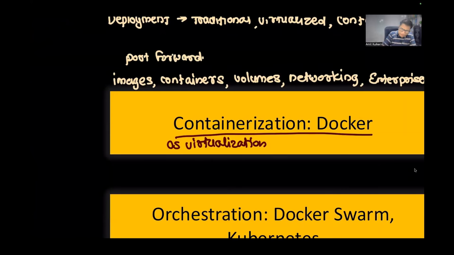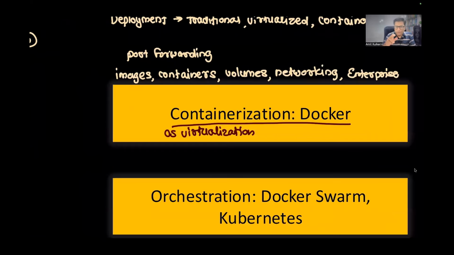And there are many other points that we'll be covering when we go for Docker. It's not the only one. This is something which is a heart. Both Docker and Kubernetes are the heart of this entire DevOps. Why does DevOps shine, or why is DevOps required? Because of these two tools: Docker and Kubernetes.